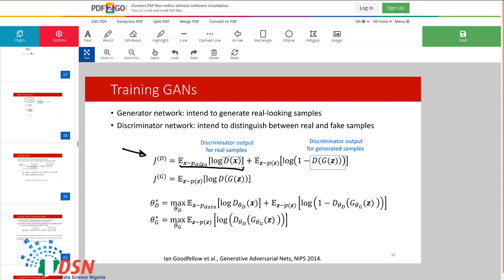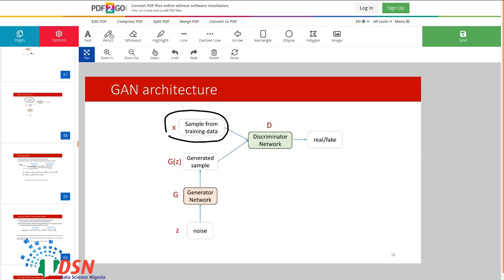The second term is related to the samples that come from the generator. You can see that this is the expectation over z, which is this random noise here. So we want the discriminator to have the output near 0 when we have fake samples.